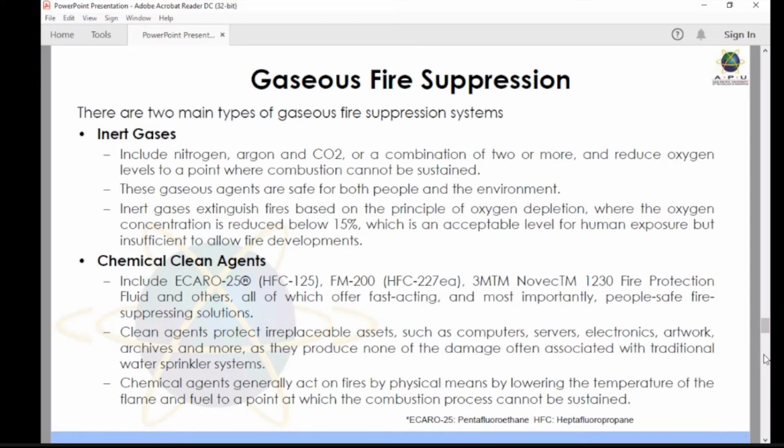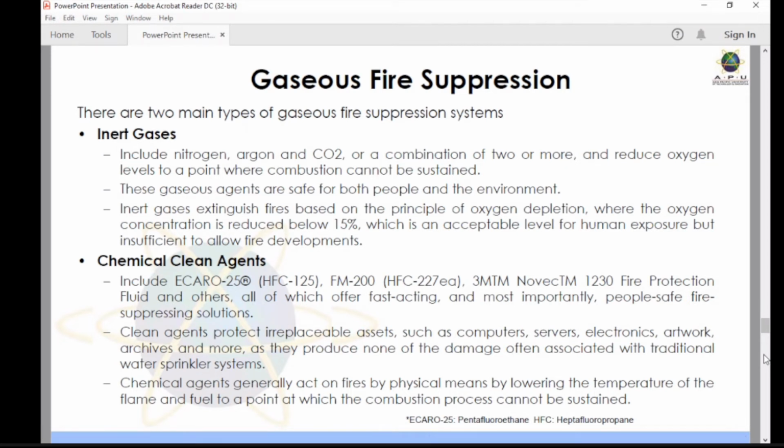So people don't get affected, but the fire, okay, it is not enough for the fire to grow or to become bigger. Chemical clean agents include Icaro 25, which is pentafluoroethane. Ethane is the component with carbon, okay. So Icaro 25 is pentafluoroethane, also known as HFC 125. And there is FM 200, which is HFC